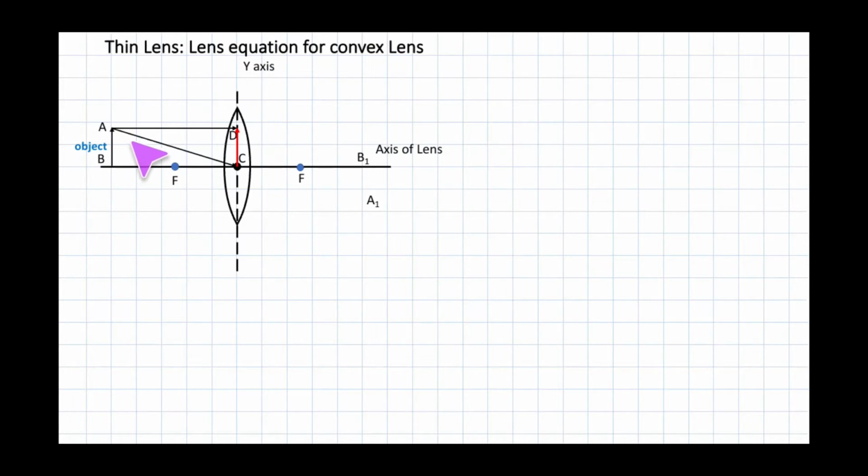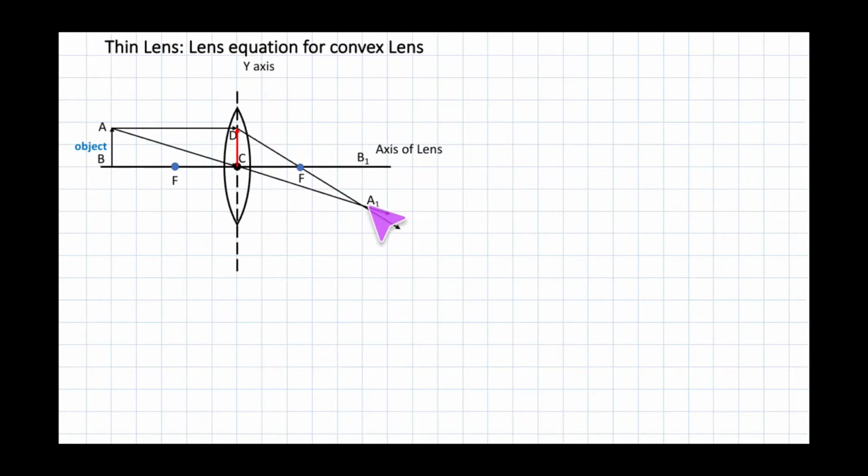Here we see that the points D and C show that it is exactly equal to A and B. So remember that distance AB is exactly equal to distance CD. Both are equal. This is an important concept for proving the lens equation for convex lens. Now after refraction, remember that the ray always passes through focal point. So the ray which is parallel to optical axis after refraction passes through focal point and moves in this direction.